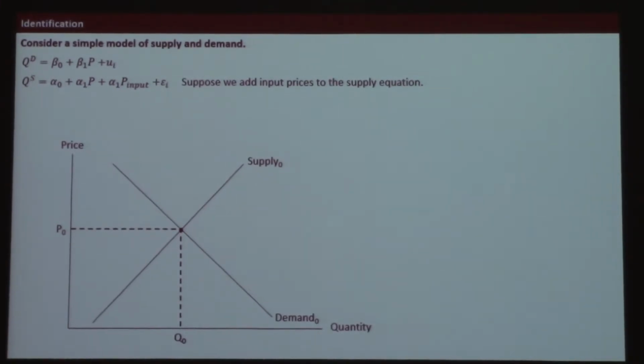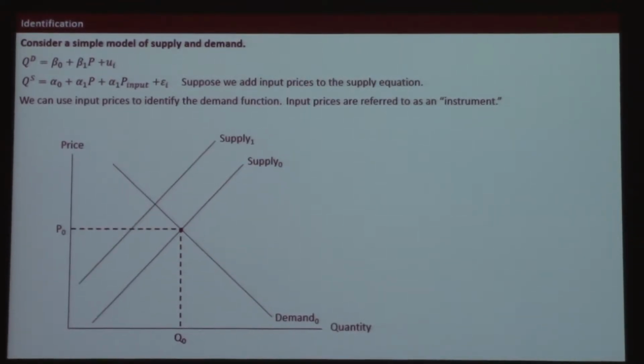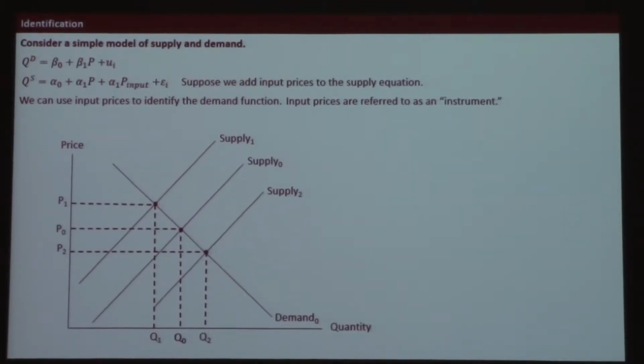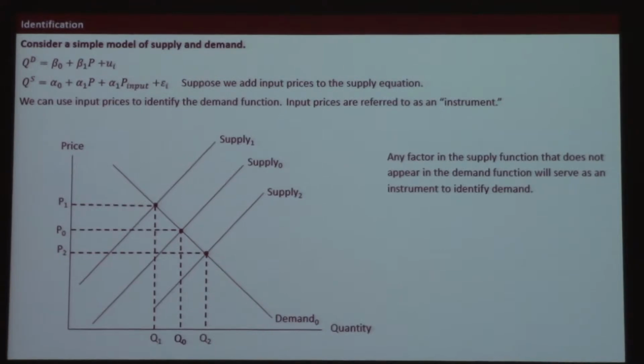Now we can specifically control those shifts in the supply curve. What that allows us to do is say, look, when input prices change, and these are called instruments, but we'll get to that in a bit, as the supply curve shifts either back or forward, up or down, it's going to allow us to do what? It's going to allow us to trace out the demand curve, to identify these 3 points as points along a